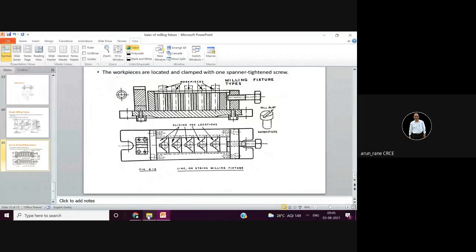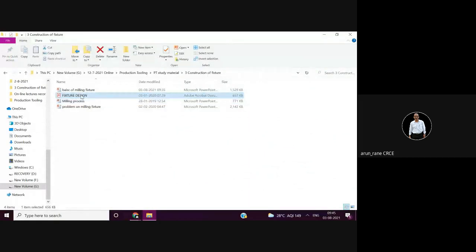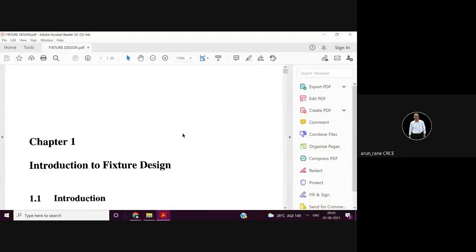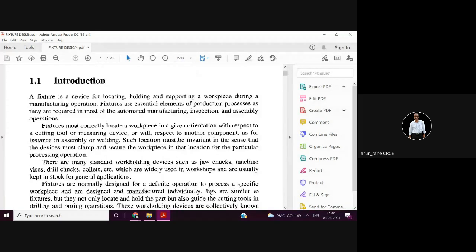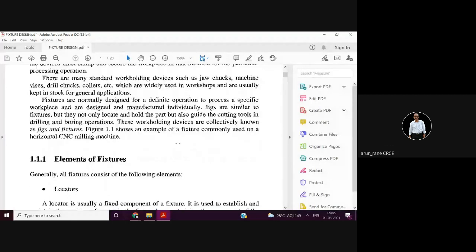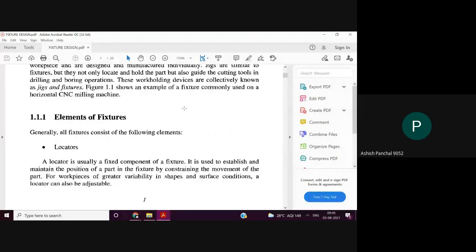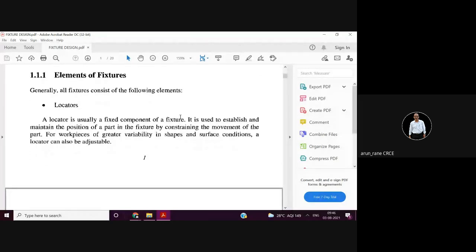ओके. तो पिक्चर तक का सब नोट्स आई थिंक आई हैव अपलोडेड. बराबर ना? नहीं सर, वो टाइप्स ऑफ नहीं कंस्ट्रक्शन ऑफ जिग नहीं किया क्या अपलोड? सर, पता नहीं, देखना पड़ेगा. हाँ, देख के बताओ मेरे को. हाँ, यू कैन मैसेज मी. If anything is missing, I'll upload it.